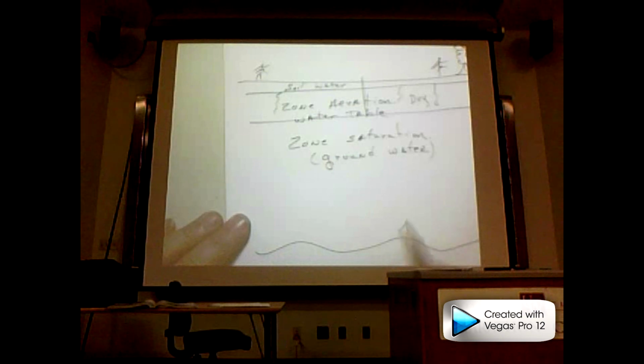Water table is a term that is somewhat misleading because it would imply a flat surface. But a water table, if this is a landscape, your water table mimics the landscape. So if you have hills and valleys, your water table will show that same